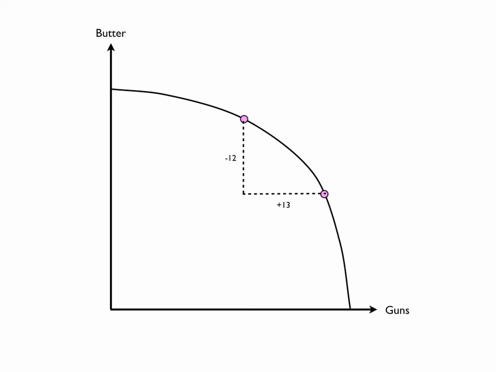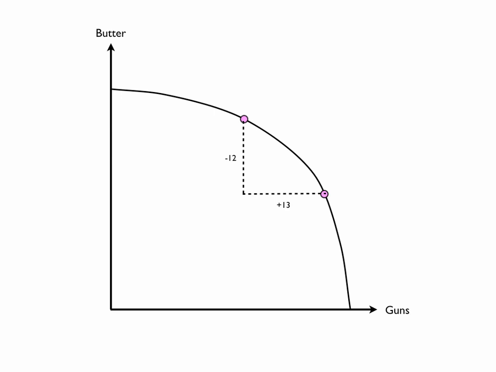Now, one last thing. If we want to move between these two dots, we give up 12 units of butter to obtain 13 units of guns. Now notice here, these are people who are easily adaptable or easily placed between one business or the other. Remember, when we were at the extremes, that meant people who were really, really adept at producing one good are moved into production of another good that they're not adept in. But there are a whole range of people who can easily be moved between, or different processes that can be moved between the two sectors.